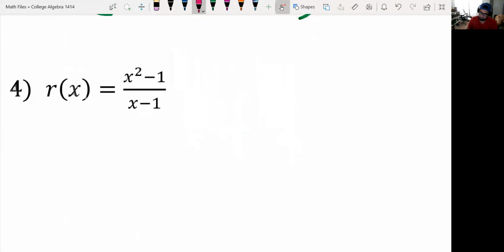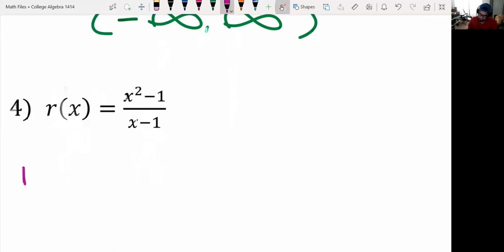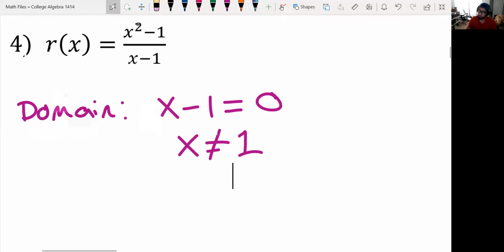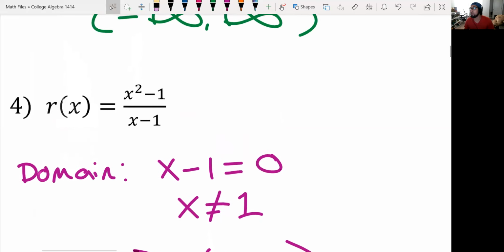Okay, now we're in the purple. For the domain, once again, take your denominator and set it equal to 0. You'll get x cannot equal 1. Perfect. That was so easy, right? Even in interval notation, you'll get -infinity to 1, union 1 to infinity. Okay, but I don't want to leave this problem yet because I want you guys to start